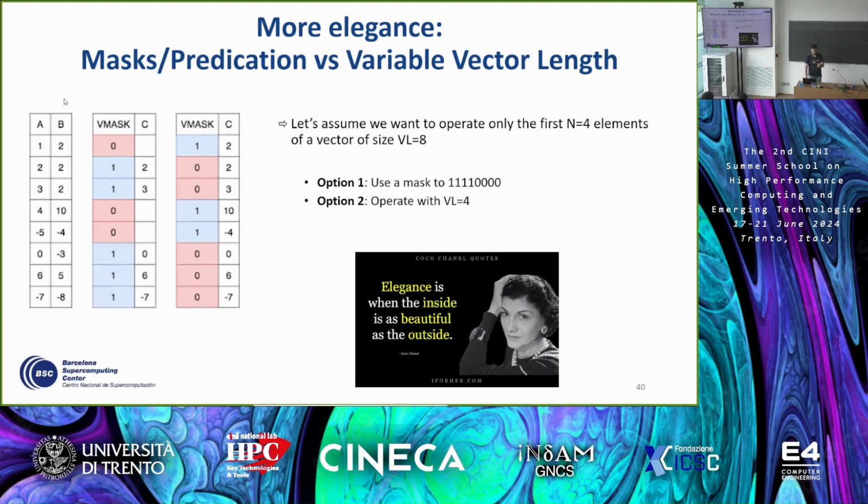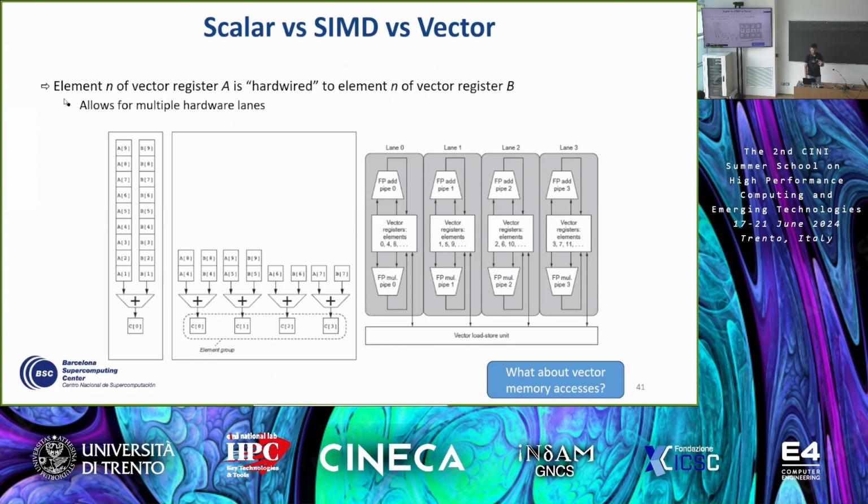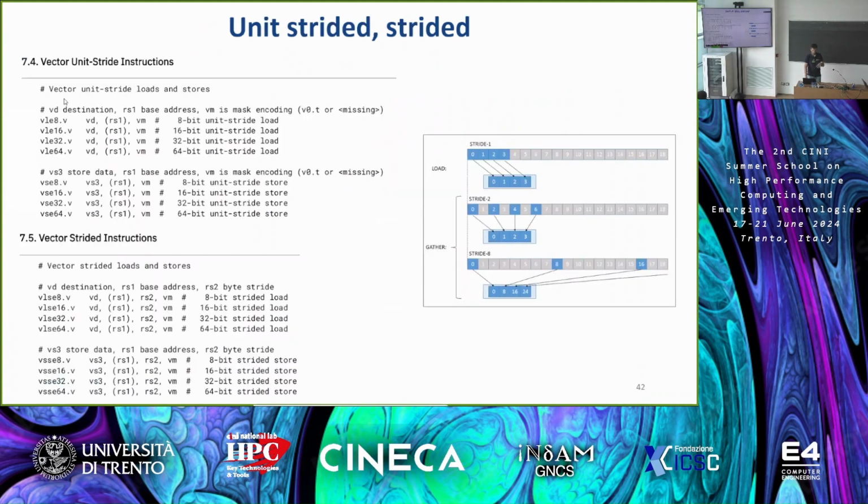So, I mentioned we have vector length and masks, okay? Variable vector length and masks. So we restart from here. I was talking with some of you during the break. Which kinds of memory accesses do we have? At least in RISC-V vector we have